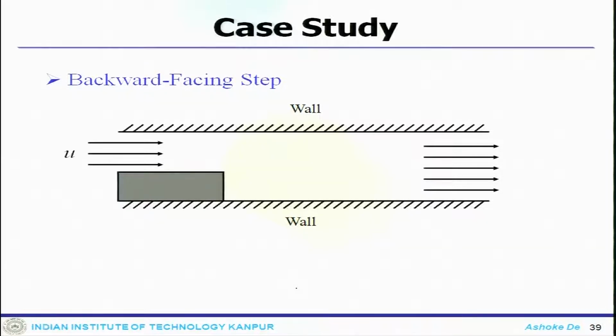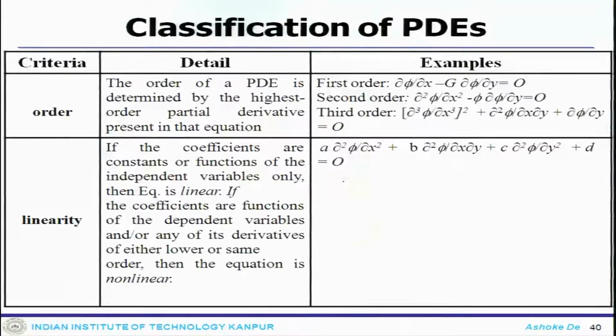Some particular problem is a simple problem. We have been talking about the flow over a channel. Now if you put a block like this, then this is also going to act like a no slip problem. Flow comes in, flow goes out, and there are different flow phenomena you can expect in this particular process, and using the numerical technique you can solve this particular problem.